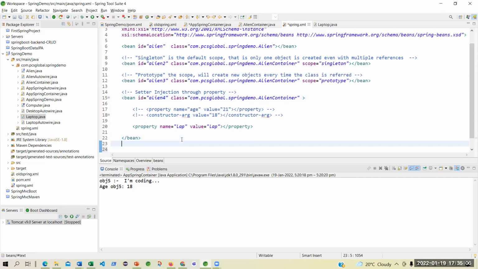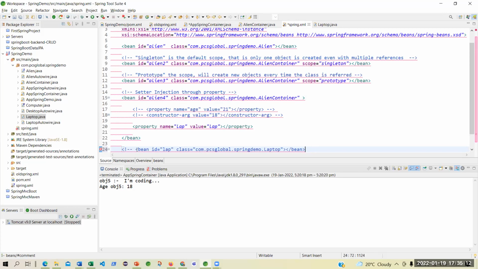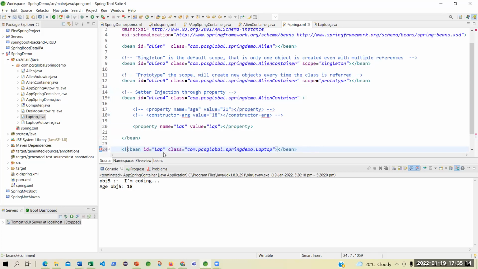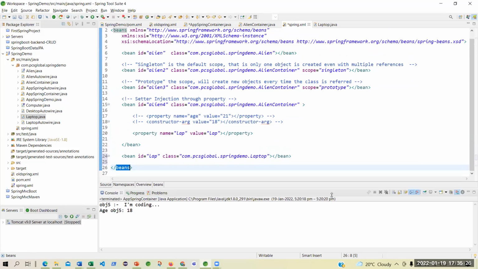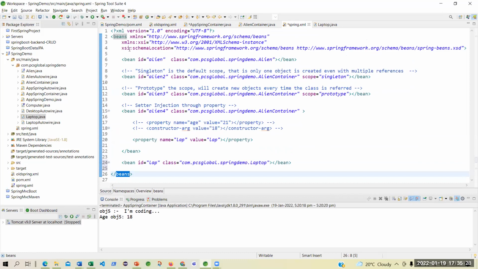Just bear with me for some time. As many times as many beans you declare or define within your application, that many times you have to define the bean in the beans container, because from here it will pick up. Your application will pick up from here only, from the Spring container. This is the beans, the Spring container for the bean container.